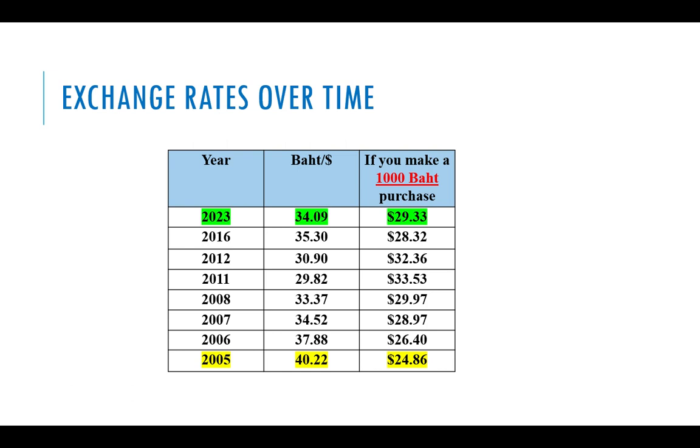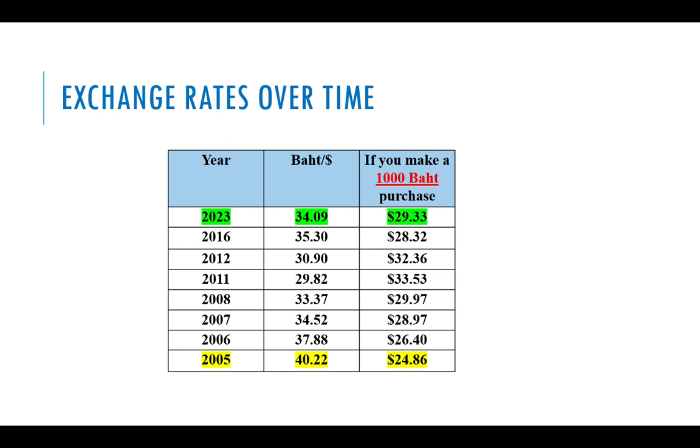So what that means is, if you look at the column on the right, if you're making a 1,000 baht purchase, the value in dollars is going to be different. In 2005, that 1,000 baht purchase would be $24.86. But in 2011, that same 1,000 baht purchase is going to be $33.53. In 2023, the exchange rate means that 1,000 baht purchase is going to cost you